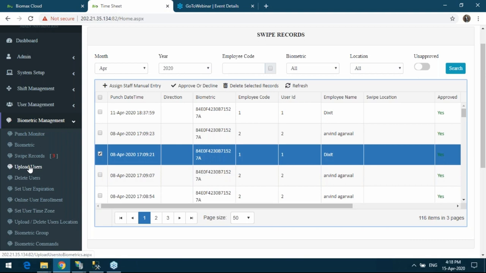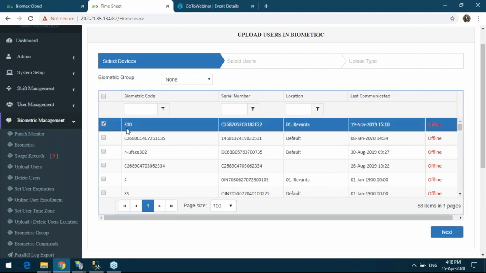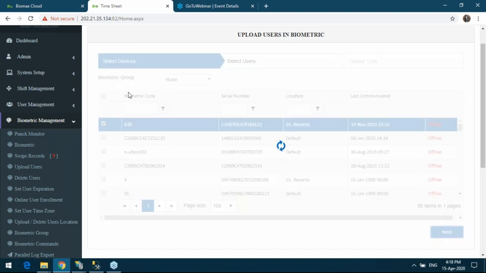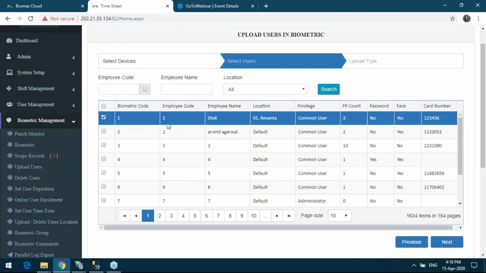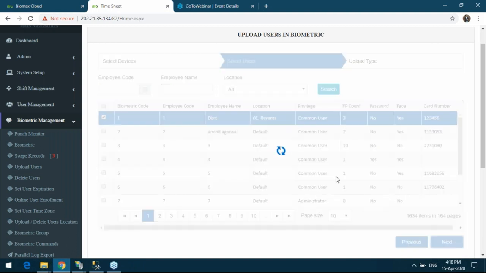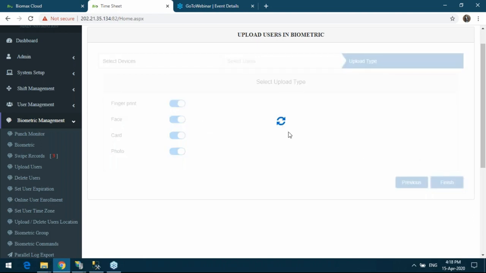We have another functionality, upload users. If I need to upload one user from one device to another device, I use this functionality. I need to just select the device and the user which I need to transfer. For example, I choose one, and what kind of details I need to transfer, I need to select fingerprint, face, card, photo, and I click on finish. So a command will get triggered